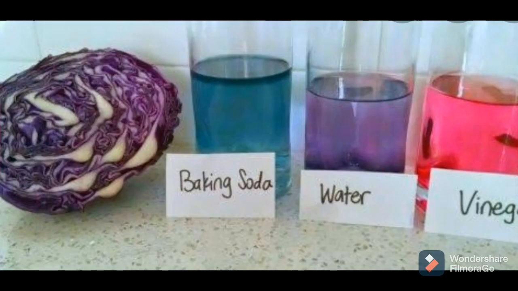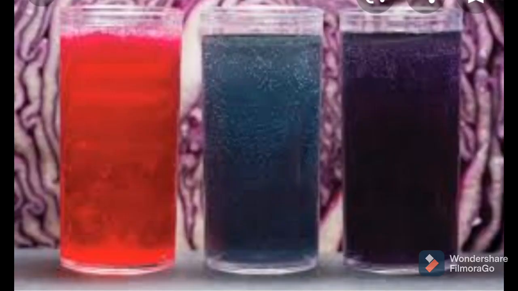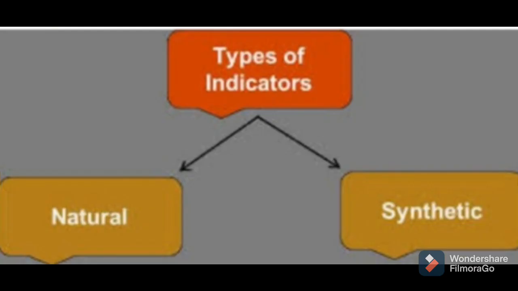As we get these indicators from nature, these are examples of natural indicators. So red cabbage solution is already purple in color and it shows pink or red color in acidic medium and blue or green color in basic medium and it remains as it is, means purple, in neutral solution. And what about grape juice? Grape juice shows pink color in acidic solution and black color in basic solution. Okay. So these are the examples of natural indicators. Then synthetic indicators. Then what is meant by synthetic indicators?